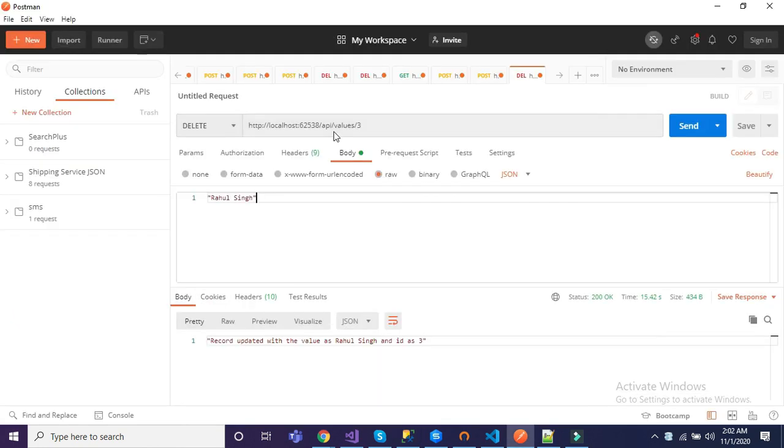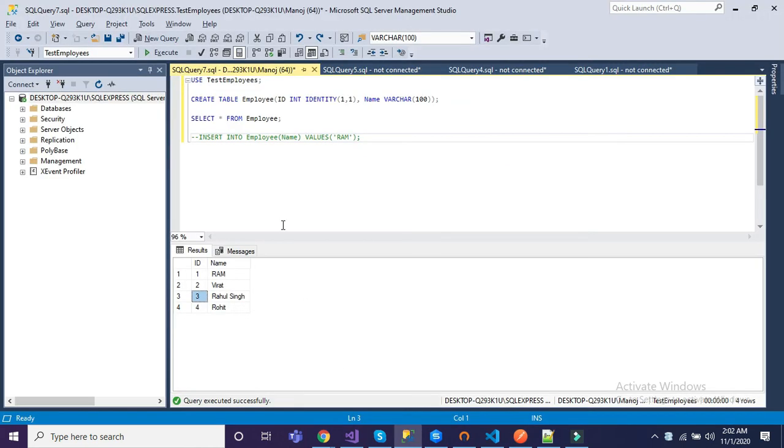All right, so we have already passed this id 3 and we don't need this text anymore. So let me click on send. See, we have got a success message as record deleted with the id as 3. Now go back to SQL Server, select the command, click on execute. See, the third record has been deleted.